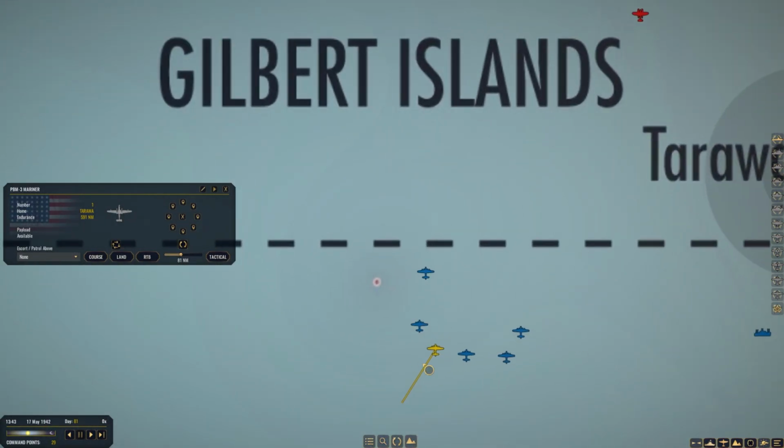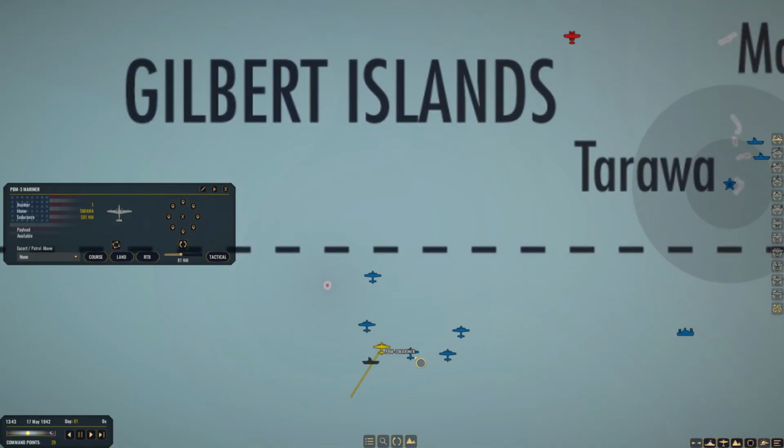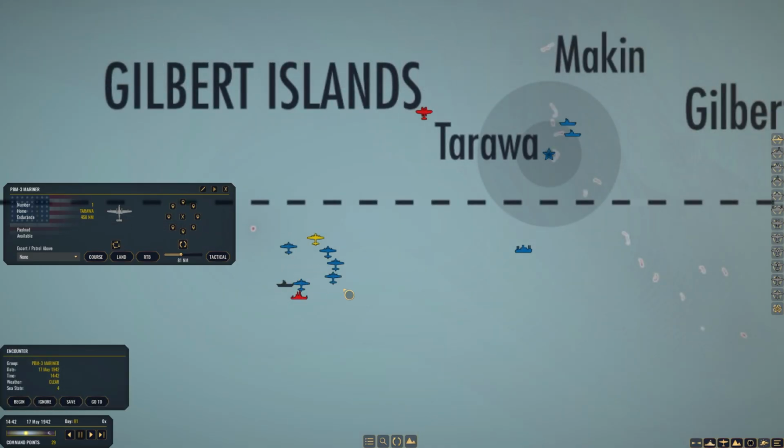Okay, it was sitting right about here. It's about 300 nautical miles from the carriers. Right now, we will just follow this task force. I'm sure they're headed to Tarawa, so we'll just move the aircraft over and watch for it. Keep track of it. It's been about an hour, and we found it again. Now it's moving southeast, so we will position our Mariners to track this